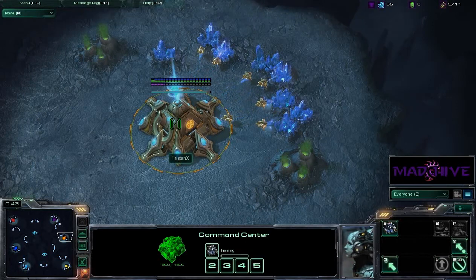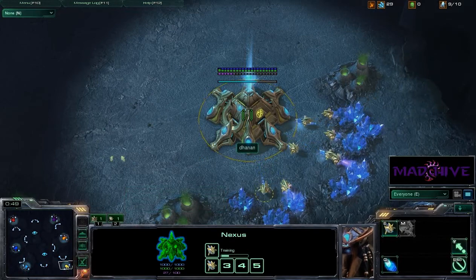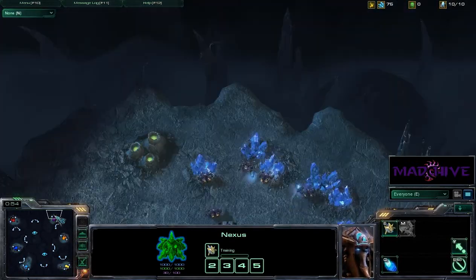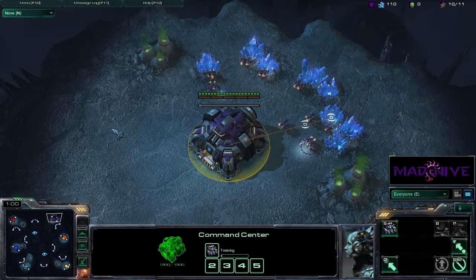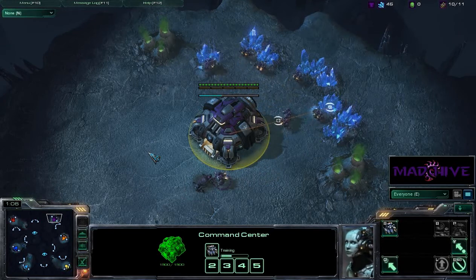And he is Tristan X, the orange Protoss, and Dahana, the yellow Protoss. So a lot of Protoss in this game, and one Terran, and he must be feeling pretty lonely right now going up against so many Protoss, or pretty powerful, because he can pretty much just Marine Marauder and win, unless,